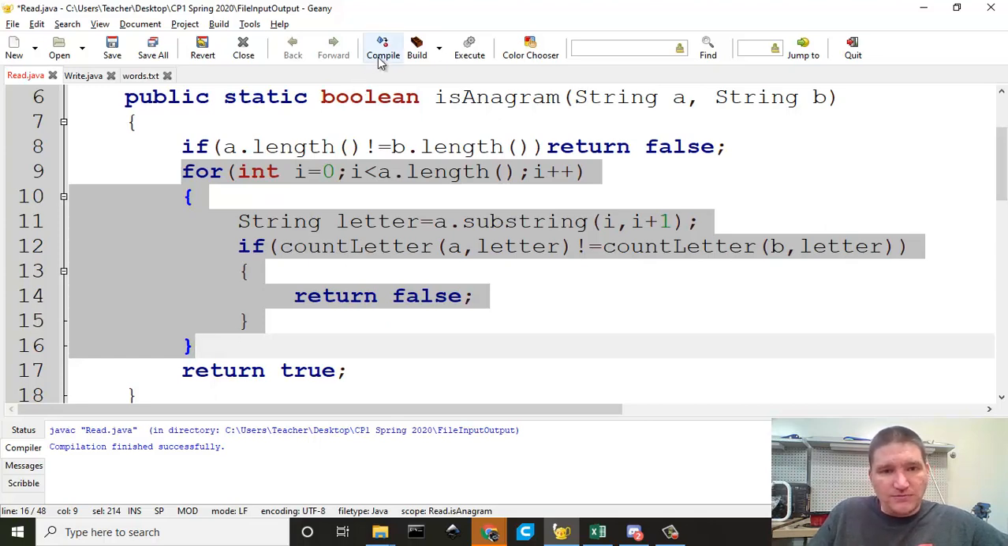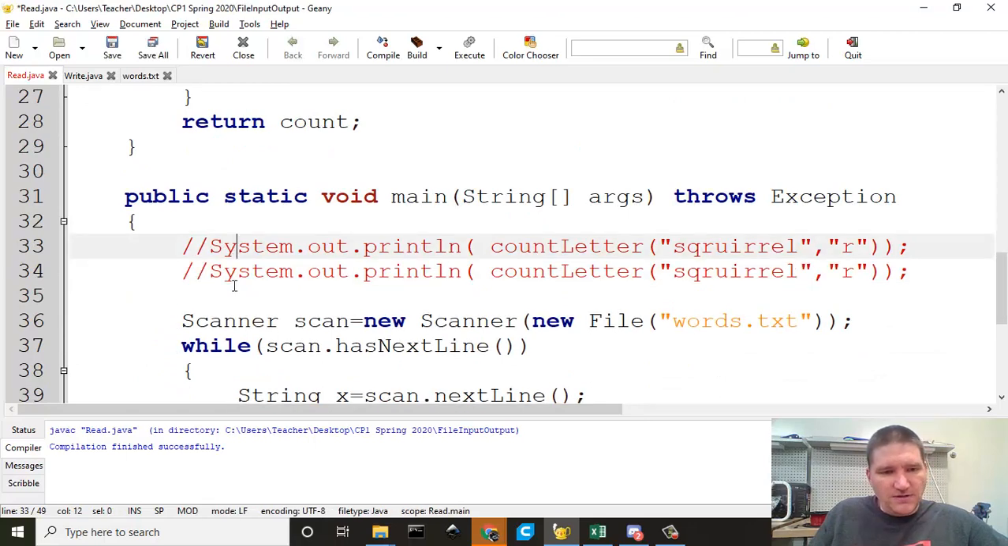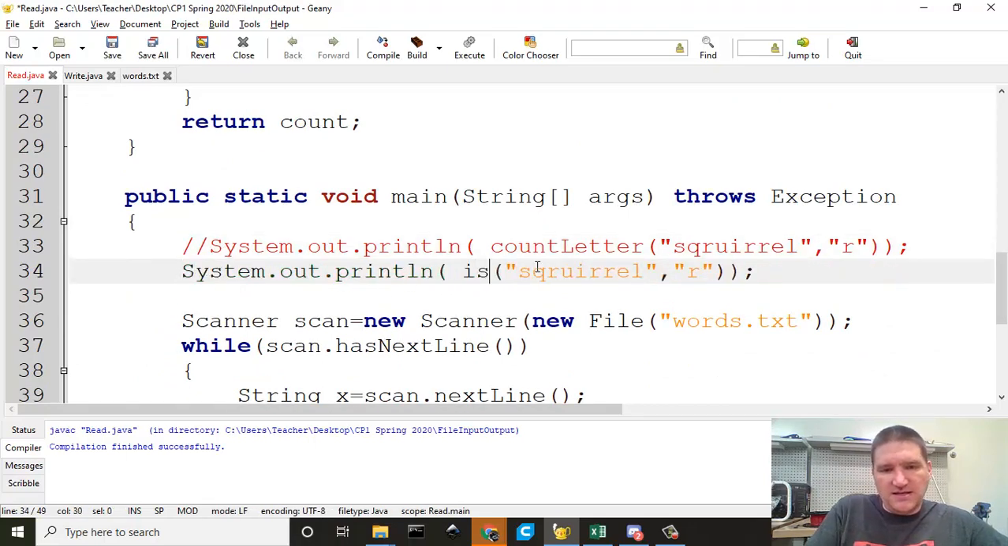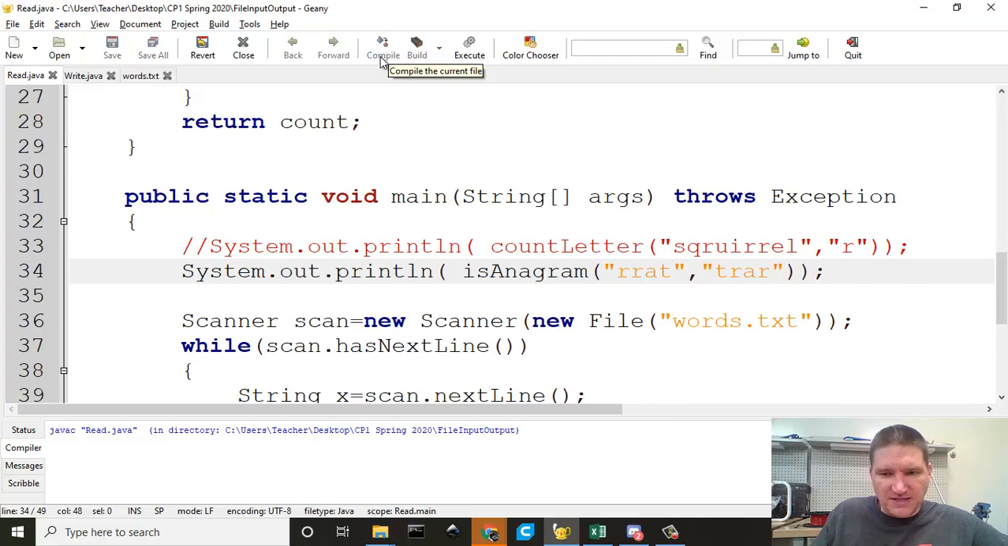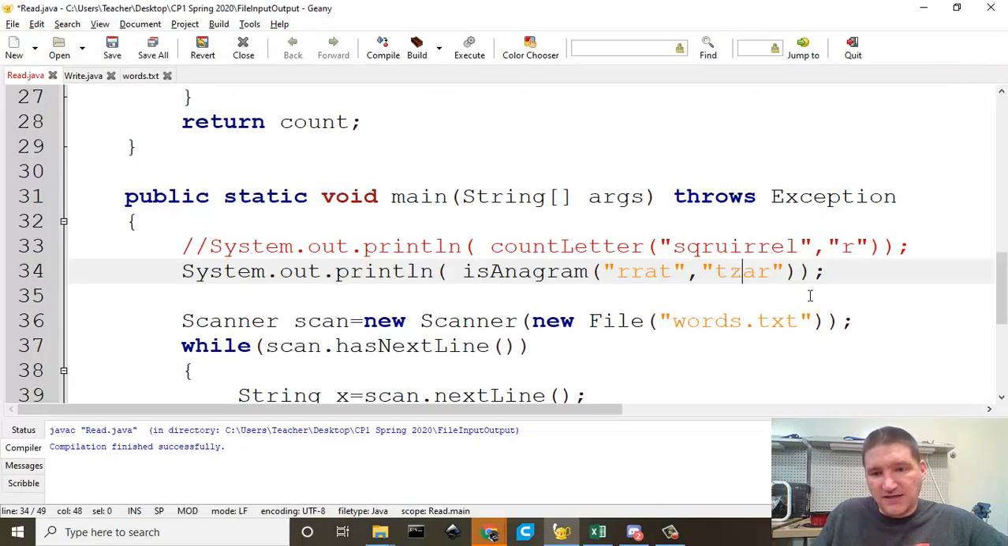Okay, so let's go test it out. So I will say isAnagram, and I will give it two things that are anagrams. Rat and tar. Let's give it something with double letters. Okay, so that says true, and then if I change one of those letters up,